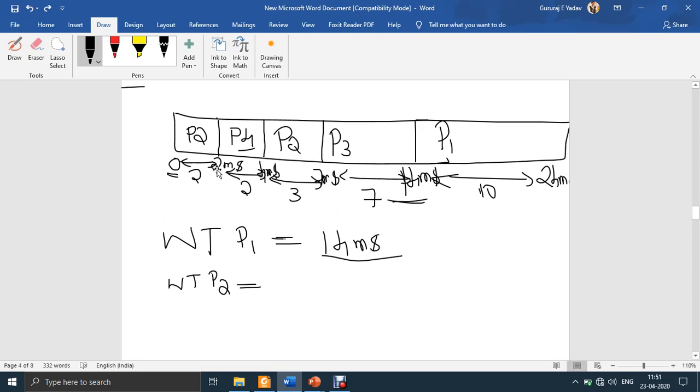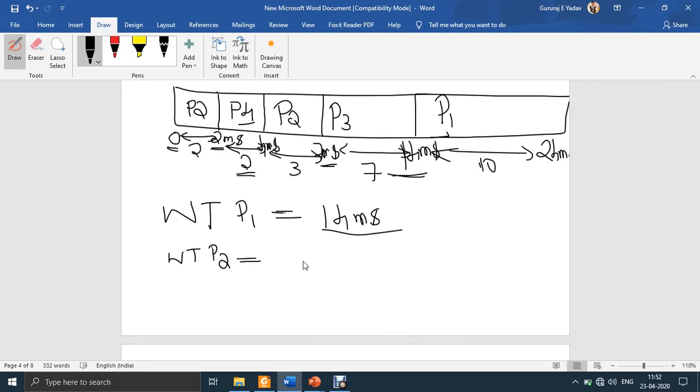But at 2 milliseconds, at this particular point, it was preempted because one more process, P4, which had a shorter expected completion time, came up, correct? That is why P4 was given the chance and P2 was preempted. Since it was preempted, it waited in the ready queue. How long did it wait? From 2 to 4, so for 2 milliseconds it waited, and again after 2 milliseconds it got its chance to execute and it completed at 7 milliseconds.